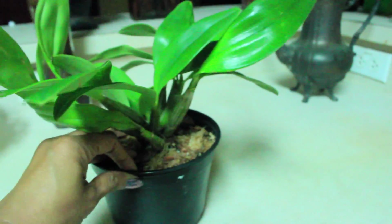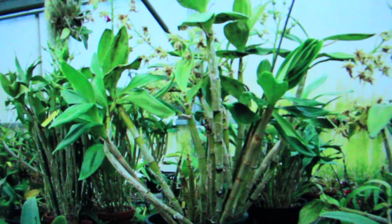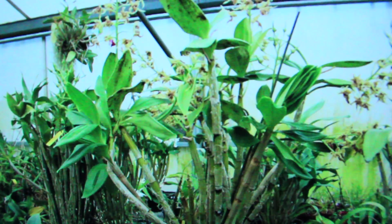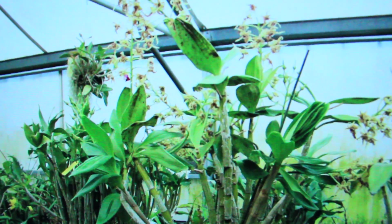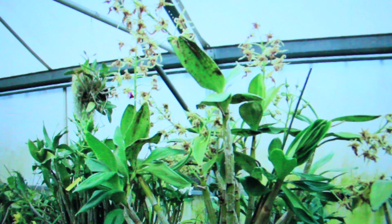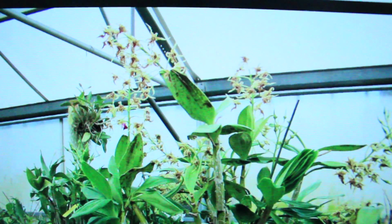I think it's going to take maybe about 2 more years for it to possibly create a blossom, because even though this is, I guess, a pretty good size, the actual plant itself will grow to be about 3 feet or higher, folks. Did you guys hear me? 3 feet or higher. And the plant can actually weigh up to about 20 pounds or more. Okay, this plant is going to become gargantuan, gigantic, humongous, folks. So that is definitely something that you have to think of if you want to purchase this orchid, that you indeed have to have enough space for it, because this is going to be quite a specimen and it's going to take up a lot